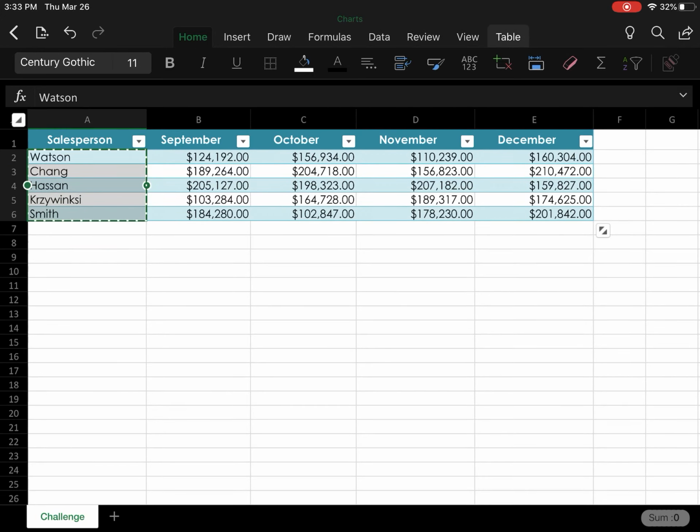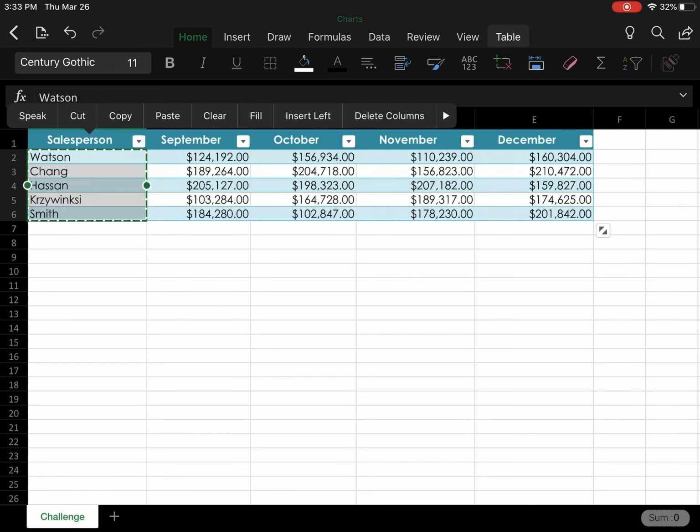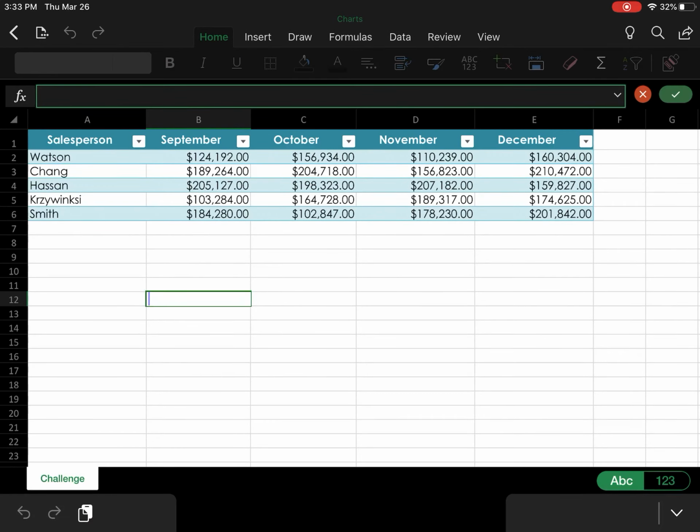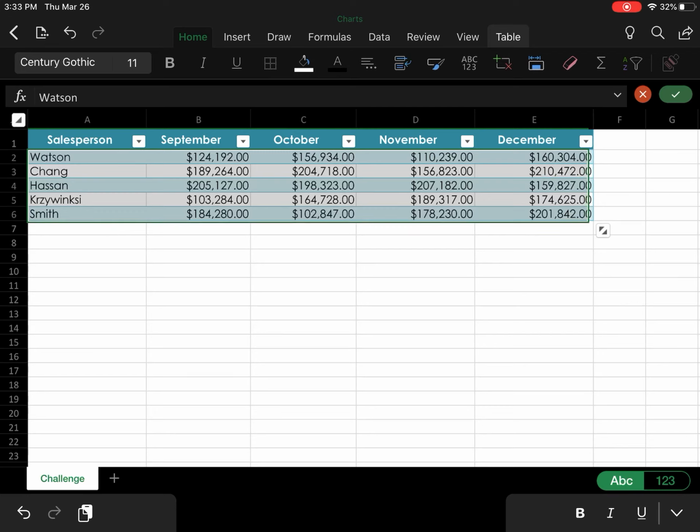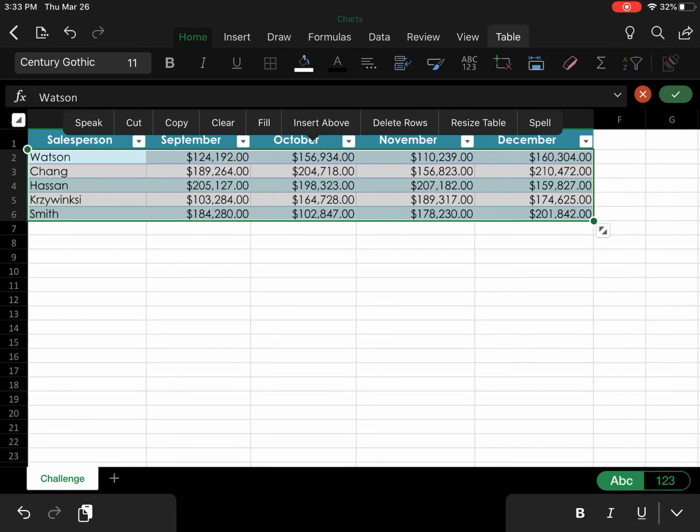So really what we want to try to do is select A1, but you can see for whatever reason when we have things in tables, it doesn't really want to do that, so we're going to have to do some editing later. So just select A2 and then use the circle to select down the rest of the table through, what is that, E6. Then we're going to go to insert and the ribbon,